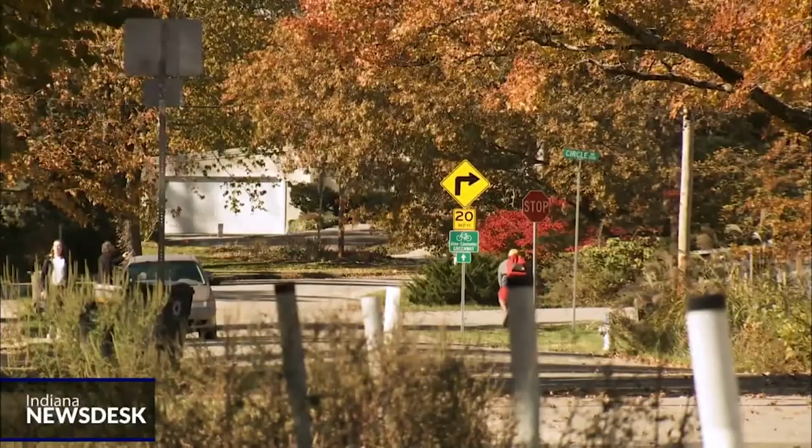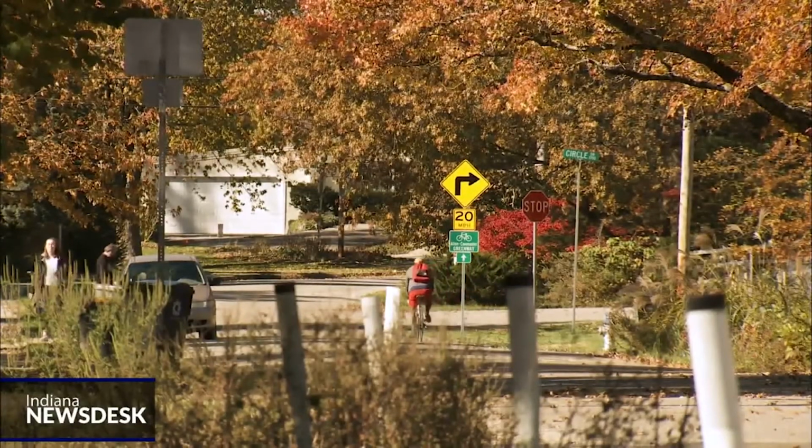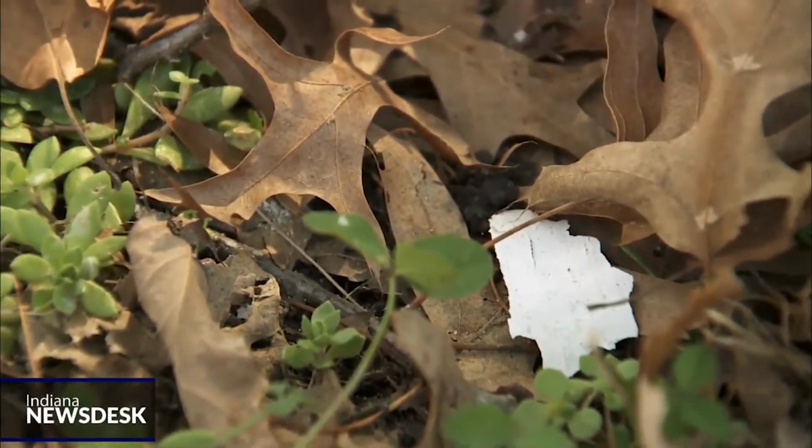Rollo represents the affected area. He says he's contacting state officials to create legislation that will make lead paint a consideration in IDEM's approval process. I can't believe that this was simply not considered. Once it knew of the problem, the city reached an agreement with ServPro on Saturday to clean